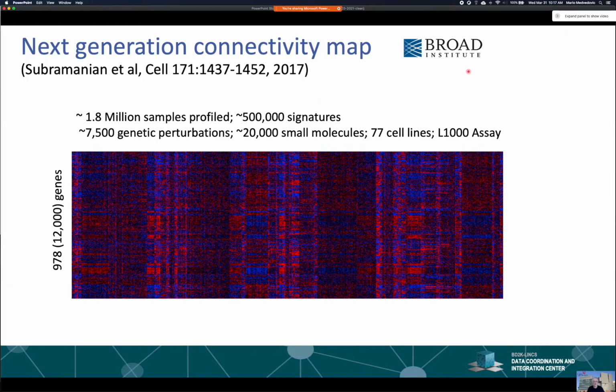LINCS generated a lot of data, but again, I will focus mostly on this one data set that was generated by the Broad Institute Transcriptomics Center, and these are the same people that introduced the Connectivity Map concept. This is an outdated figure. Now there are 3 million samples profiled at this point, with over 1 million signatures, because we have some replicates. And all of these numbers are scaling up, but it still gives you the idea of the scale of this